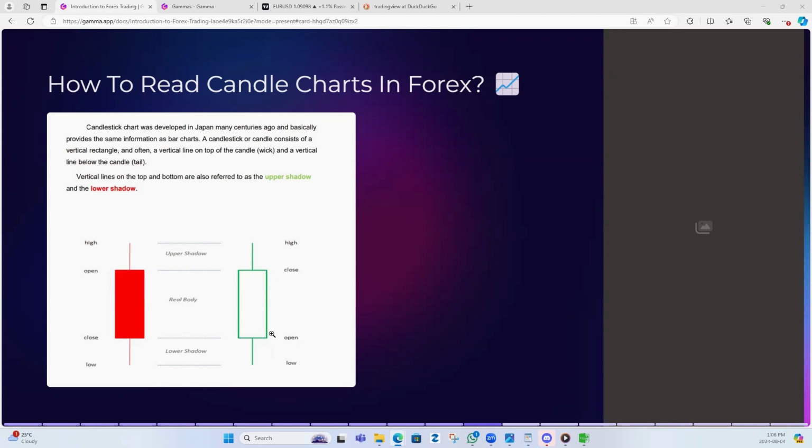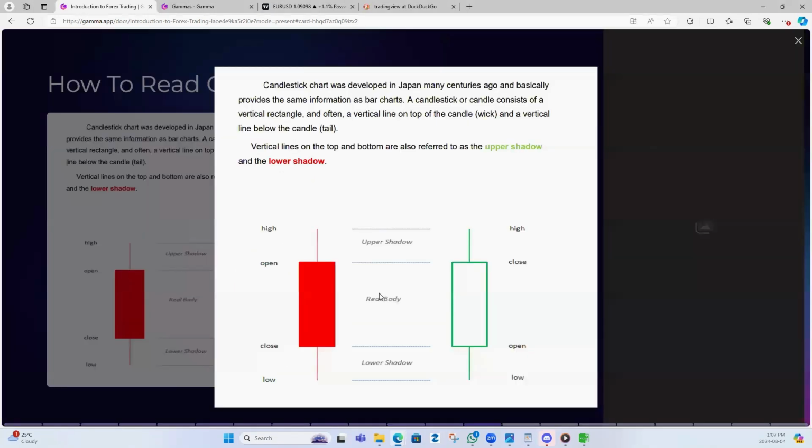So this is the beauty of understanding the candlestick. You would know what was the high price, low price. This is the body, and this is where the close was. So I normally use a candlestick chart a lot in order to do my analysis as well. Okay, so it is very important to understand that the charting software that I'm using is TradingView or MT4, which I will explain in the later section of this presentation.